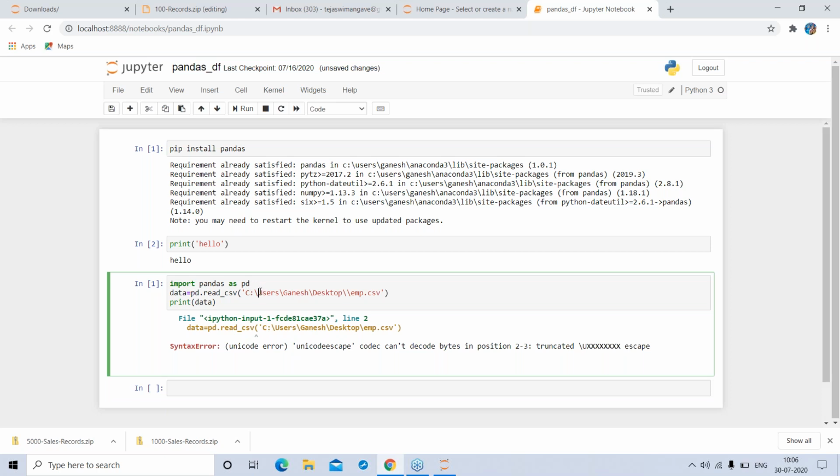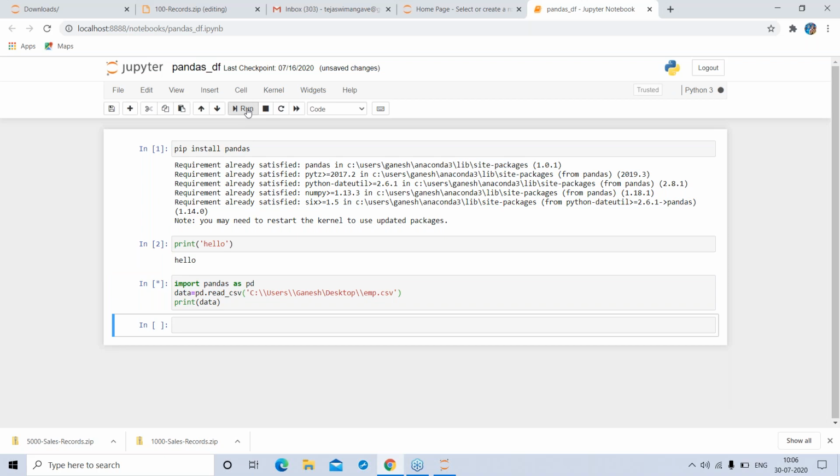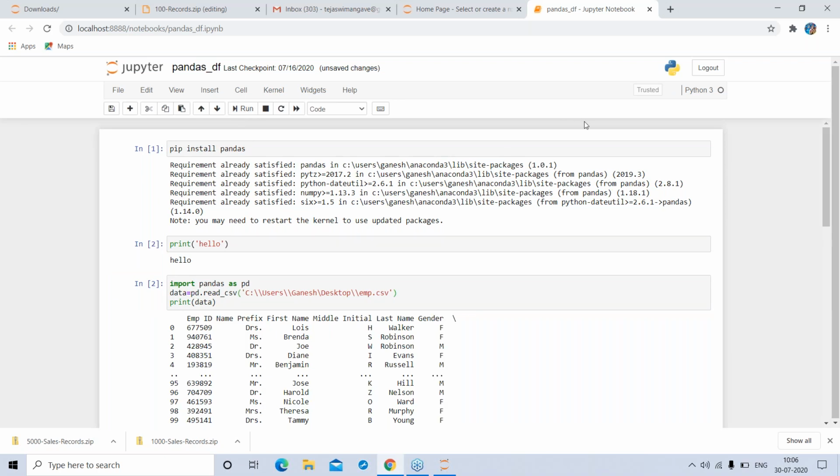In Ubuntu it is fine, you can use a single one in the path. This is the common issue in every Windows machine. Okay, now it comes. Thank you.